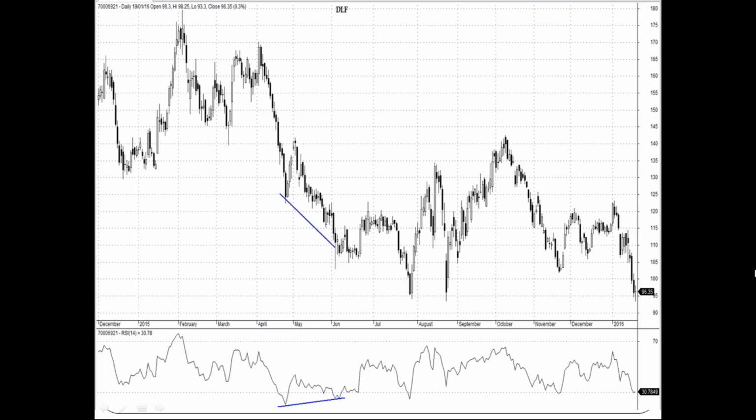So this is DLF. The prices make a lower low, that is, it is in a bearish trend. There is a bullish divergence. Still we see no signal, no pattern in the price chart, and prices again record a new lower low, though the momentum indicator is showing a bullish divergence. So from here, what we can infer is that in a bear market we will always see a bullish divergence. This is a very important concept that will help you moving forward.